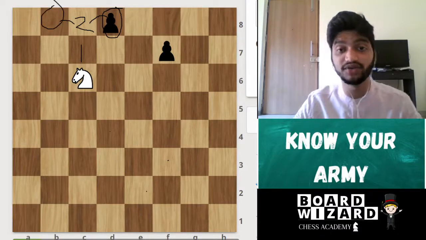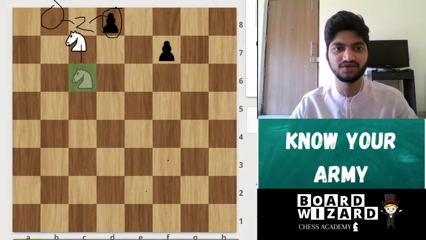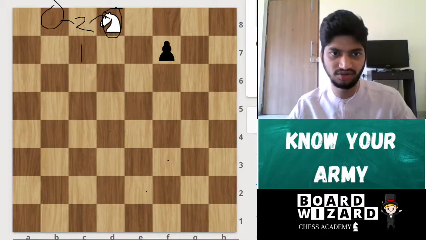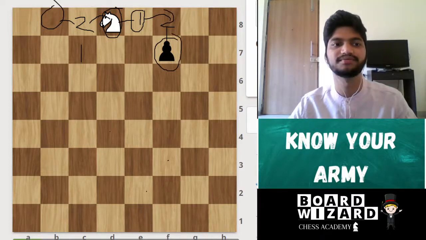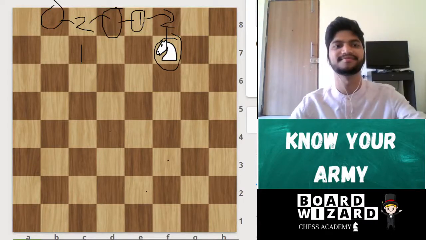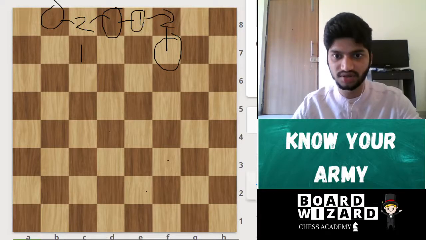So yeah, one of the pawns is standing on the destination square of the knight, so we can just go and grab that pawn. And now let's see, can he kill the last pawn? So 1, 2 and yes, 2.5. So he can just come and grab that pawn. So I hope you understood how the knight moves.